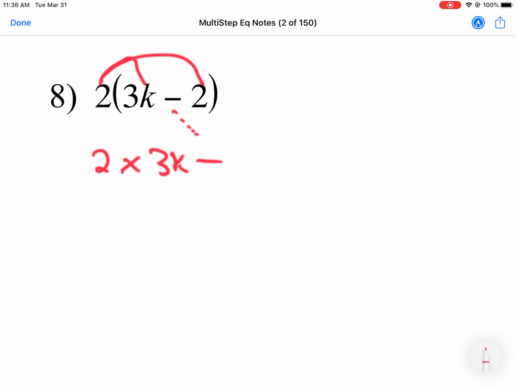I have 2 times 3k. Bring your minus sign down. Don't forget that minus sign. And then you have minus 2 times 2. So 2 times 3k is